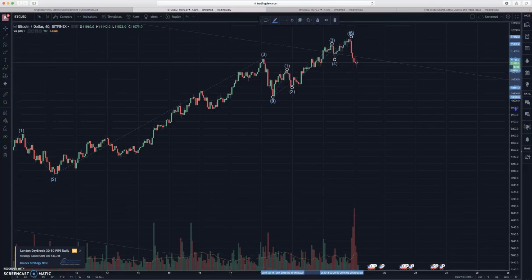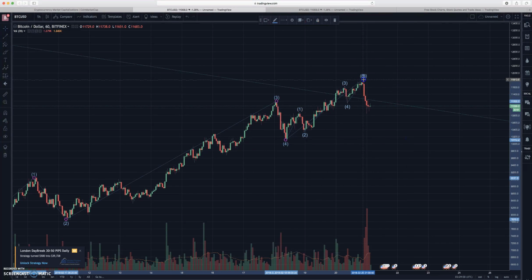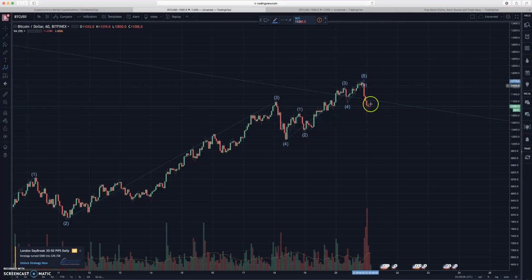If we zoom in here, we can see what I'm talking about. When we have our Elliott waves coinciding like this and they're ending at 5, we're expecting our Elliott corrective wave. To me, we're in the midst of it right here. So that would be our A, and then I think our B will probably come up and test this support or resistance line again. And then our C will probably end up coming back down in this region, most likely.